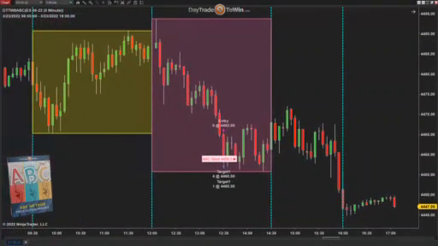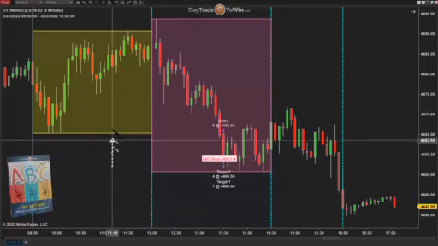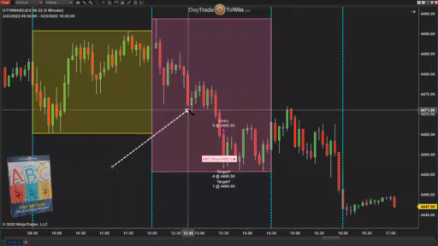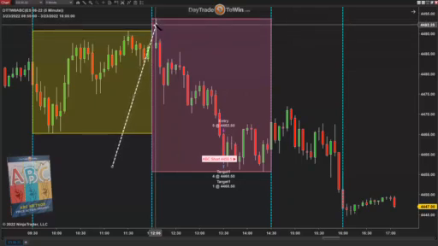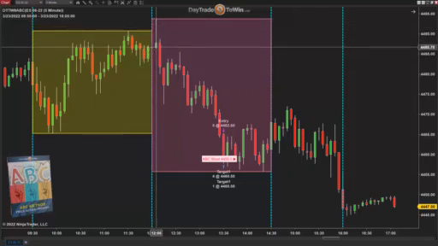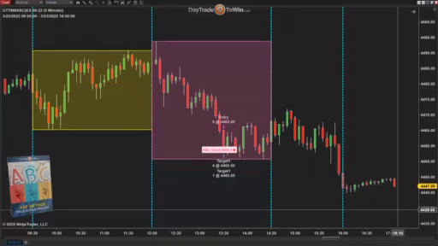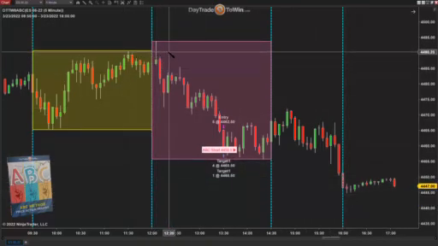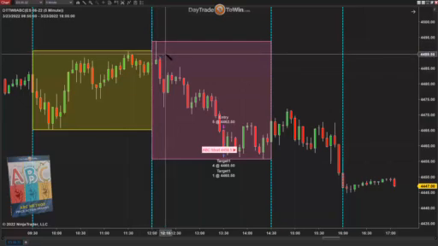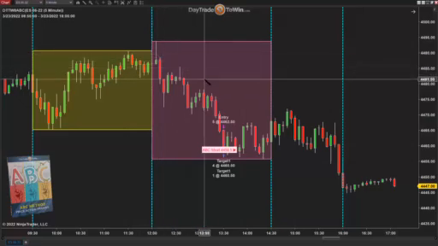Okay, here is the previous day. The previous day we had the A and then we had the B. And you can see the market went with a wick all the way up and then came all the way back down. Did not close above it, did not continue above it. There's no signal there to go long. It just did a matching double top as we got into the B part of the day.